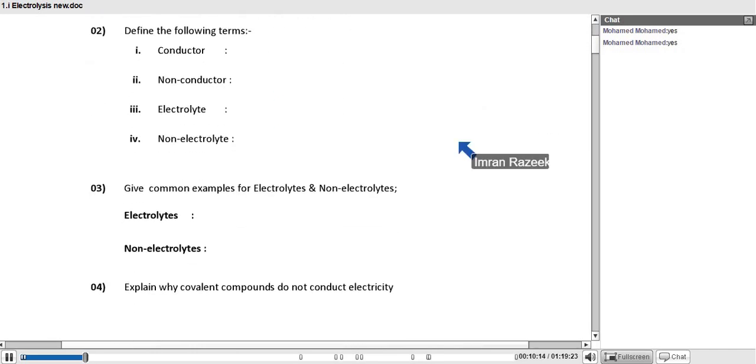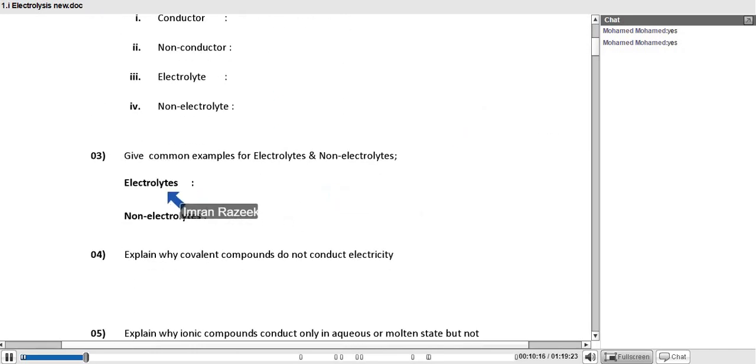Give common examples for electrolytes and non-electrolytes. We won't be studying conductors and non-conductors here. In this chapter, only electrolytes and non-electrolytes, but I mentioned conductors because you should understand the difference, as many think electrolytes are conductors. Of course, they are conductors of electricity, but the mode of conductance is different, right? So electrolytes,